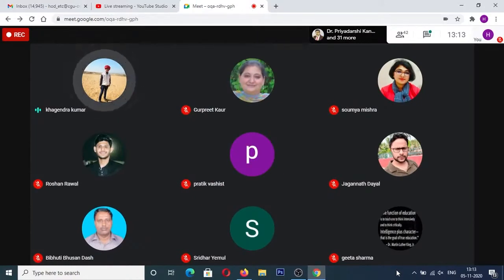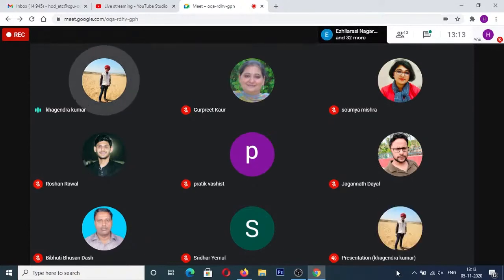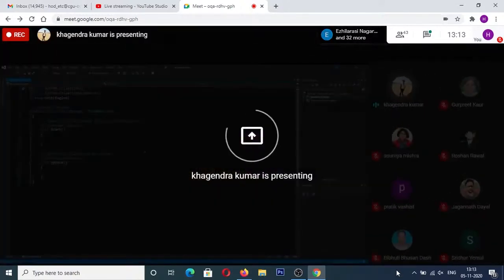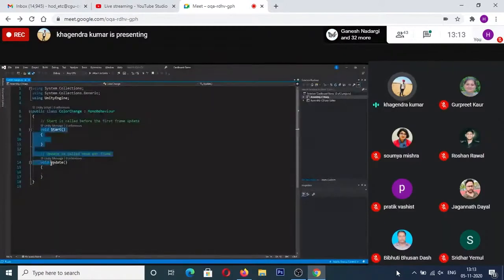So let me go ahead and open up my cardboard. Now over here, I will go ahead and directly complete all the steps, as Google Meet is giving me some problems in casting the Unity scene. So I will write all the code right now over here.